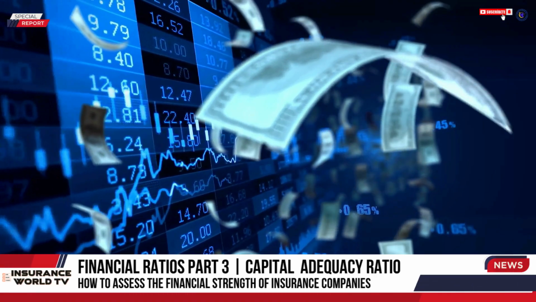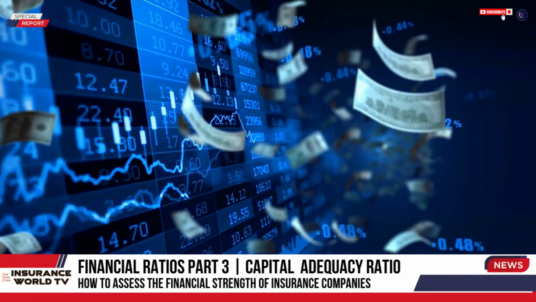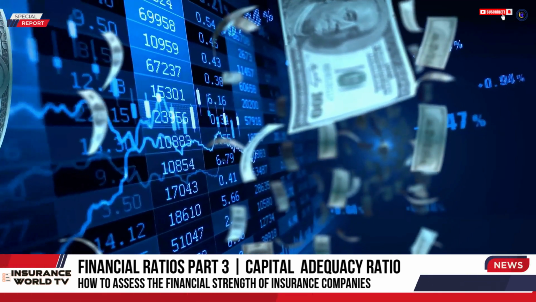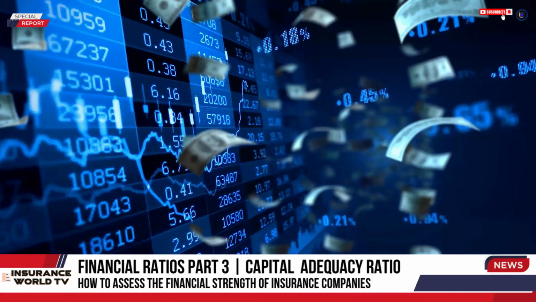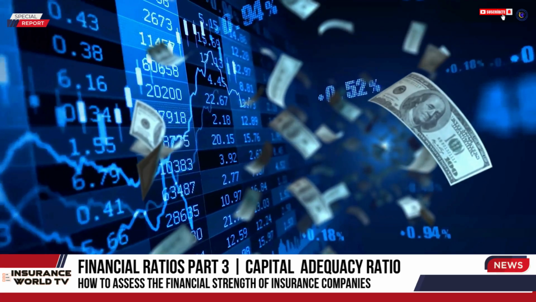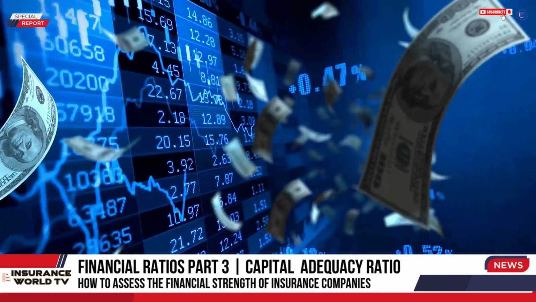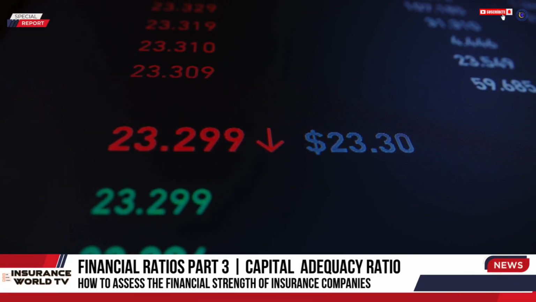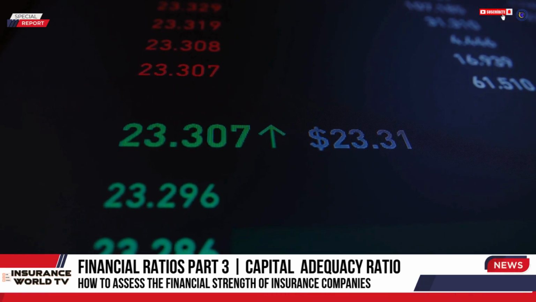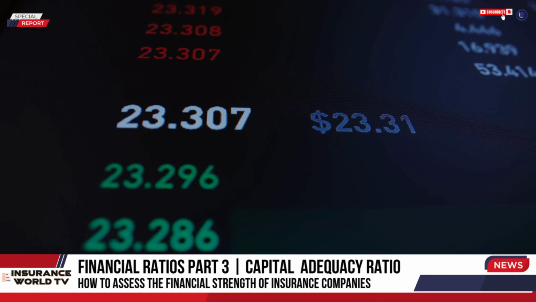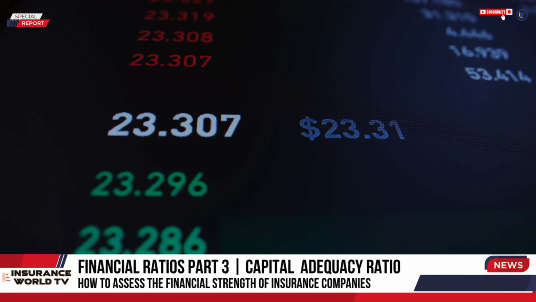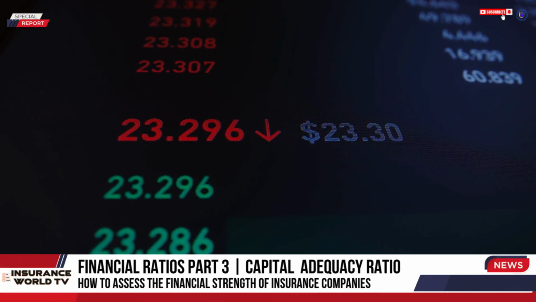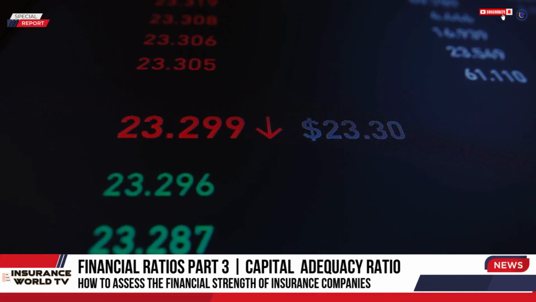An insurer with strong capital adequacy can absorb unexpectedly large or catastrophic claims, withstand economic shocks such as inflation or market volatility, continue paying claims even in difficult years, and operate with confidence over the long term. On the flip side, an insurer with weak capital may struggle the moment claims spike or conditions worsen. A weak capital position means delayed claims, regulatory intervention, restrictions on new business, and, in extreme cases, collapse.